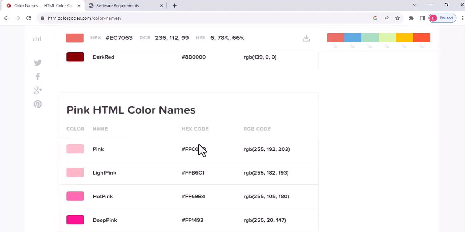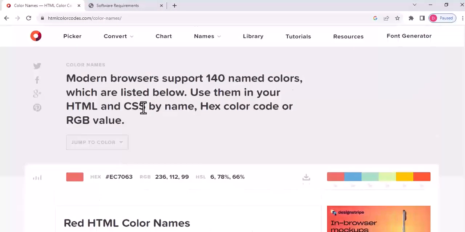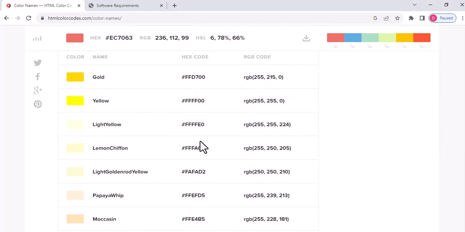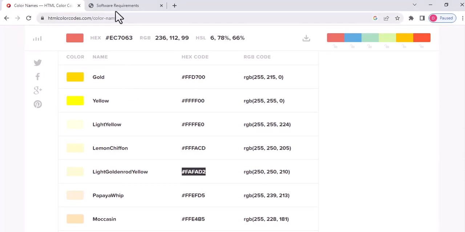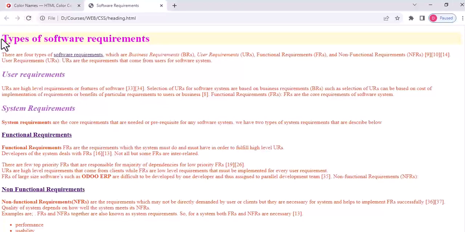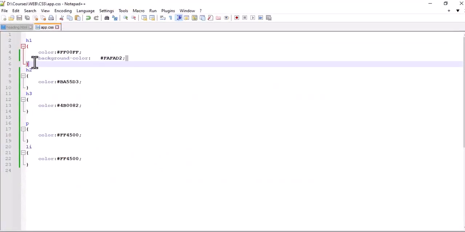for example, I see is a pink, so I'll select some color like lemon chiffon, or light golden yellow, for example. Maybe it looks awkward, but it's just a demonstration, so hope you will never mind it. So you can see the background color is now changed. Similarly, if I want to change the background color of this also,